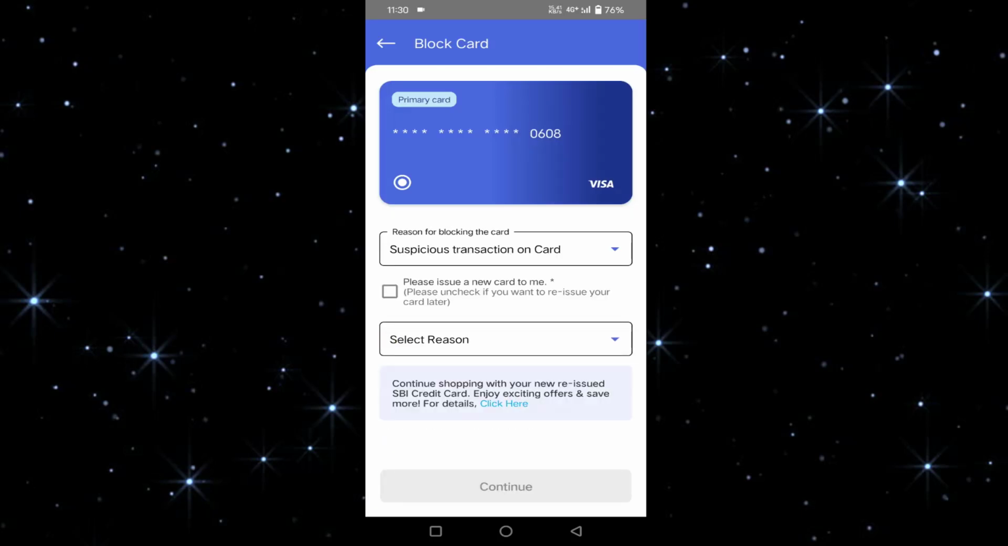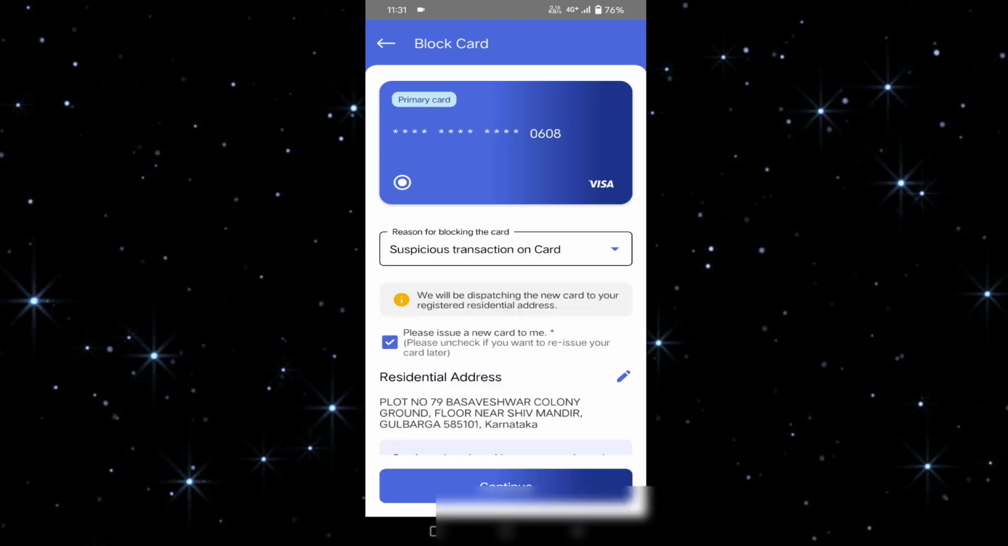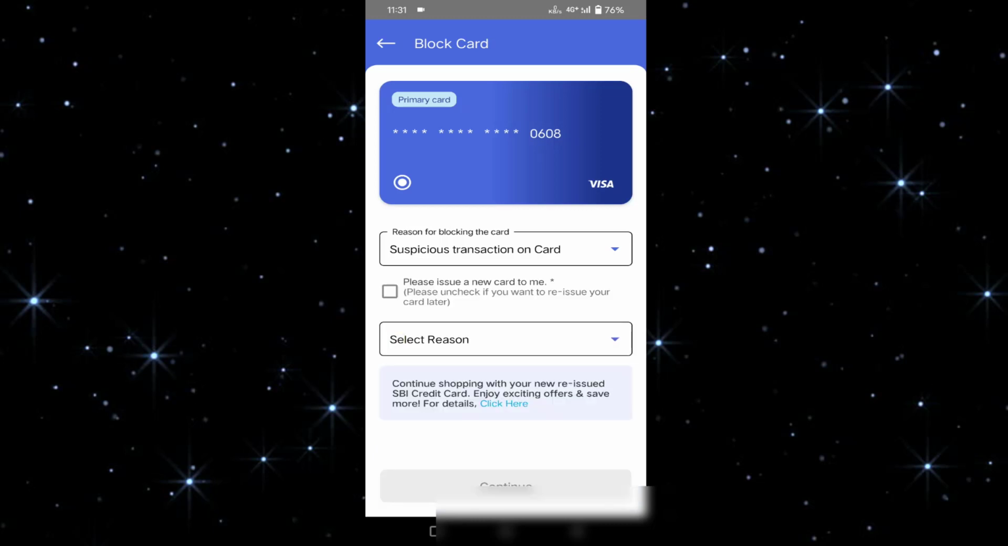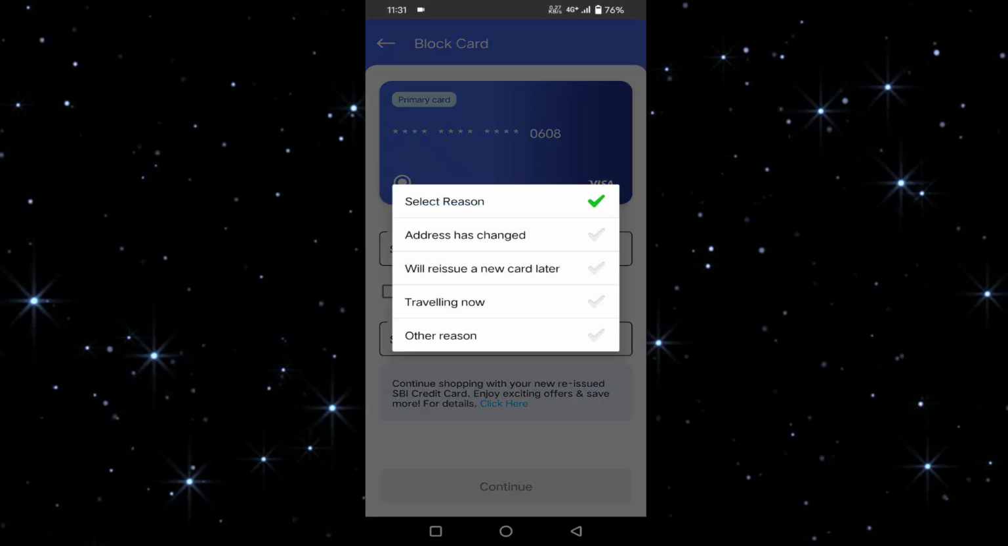Please reissue a new card. If you don't want that, just uncheck this option. If you want, just tick mark this. If you don't want, just untick that option. After that, you can see the select option for why you are blocking: the reason address has changed, will reissue a new card, or other reason. I will select other reason, then click on continue,